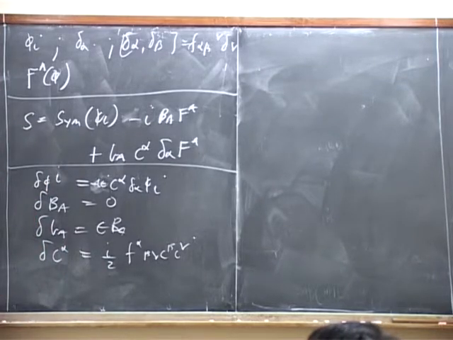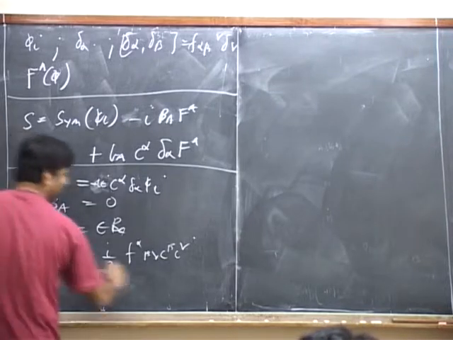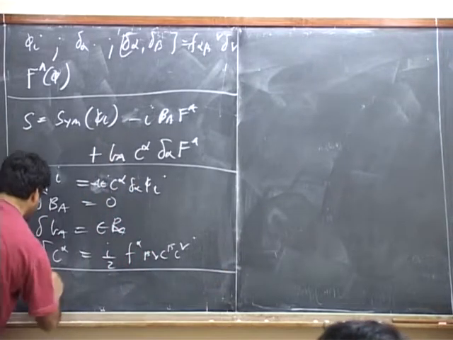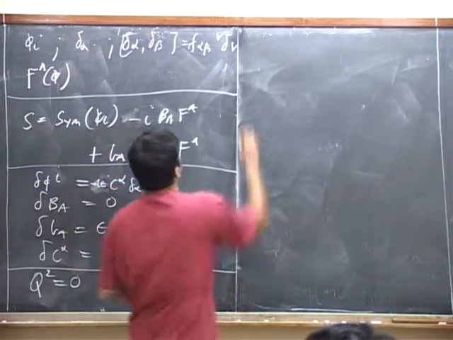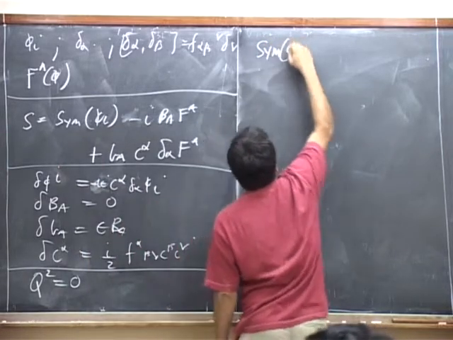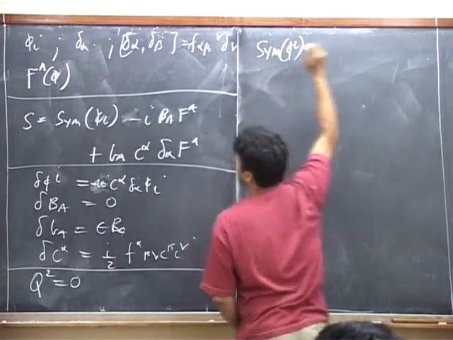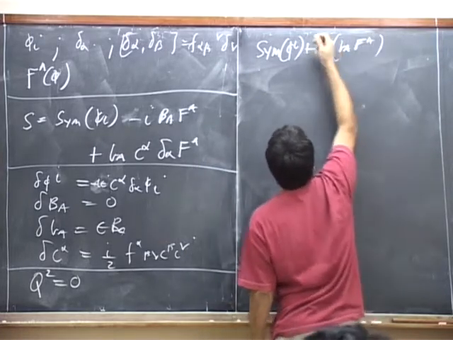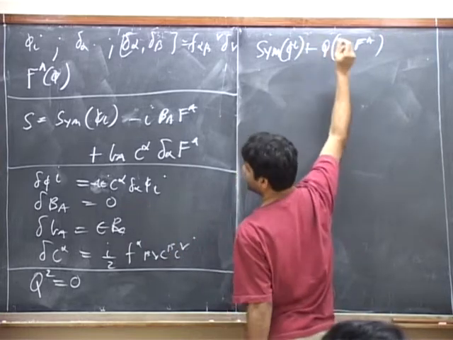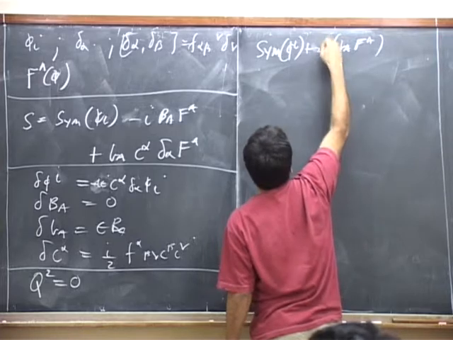We firstly checked that this transformation was nilpotent, so that the generator of this transformation squares to 0. We checked that by acting on the fields twice. We checked some explicitly and others were left as an exercise. The next thing that we checked was that this action took a very simple form. It could be written as S gauge-invariant of phi I plus Q acting on b alpha F alpha, with some conventions with a certain minus sign.